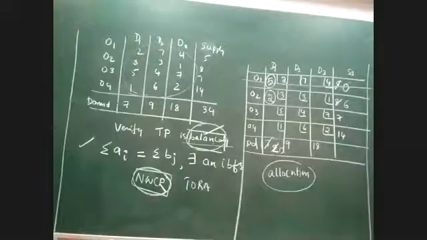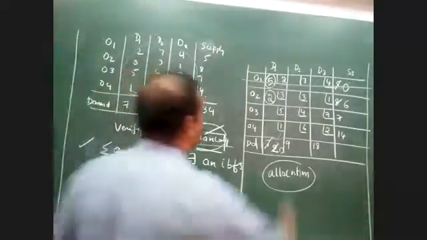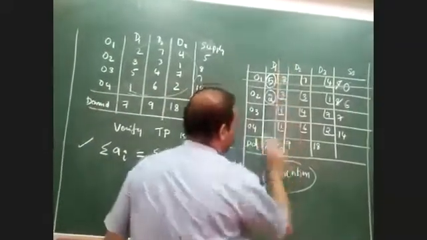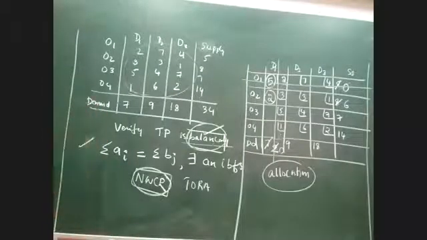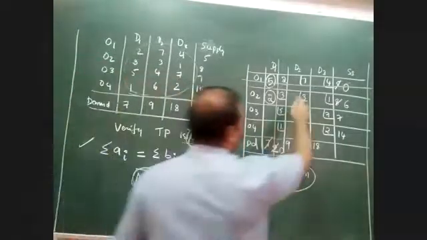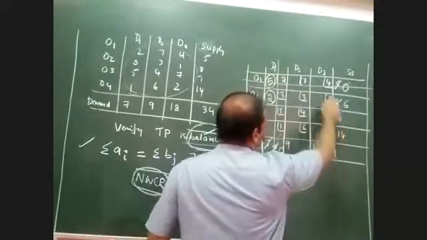Strike the column. Which column do we have to strike out now? D1, sir. D1 has 0. So the first column has to be struck because it is 0. Now you can see that the matrix is further reduced. The further reduced matrix is only this much. So this is the reduced matrix.